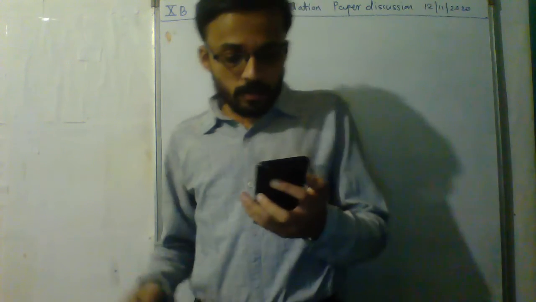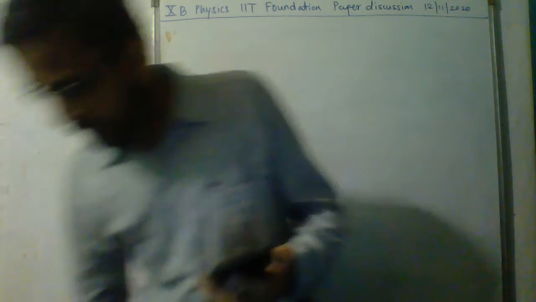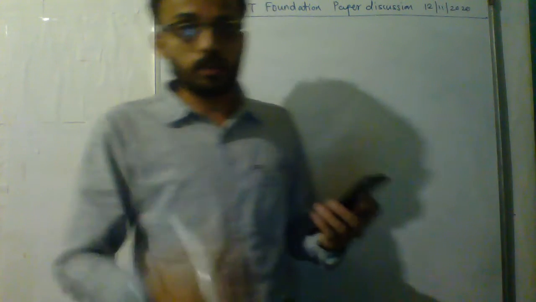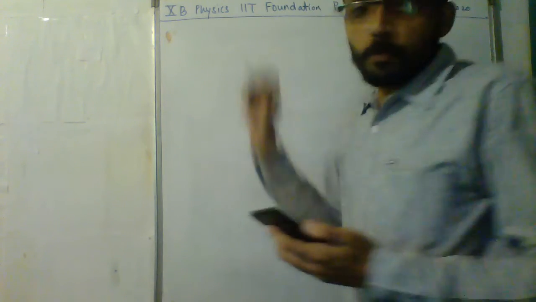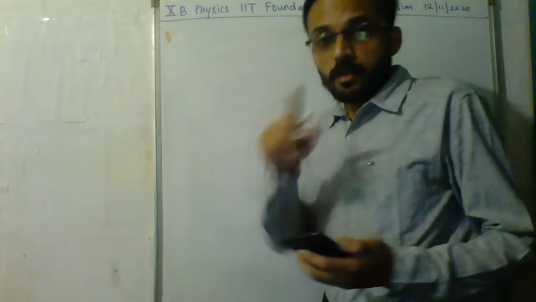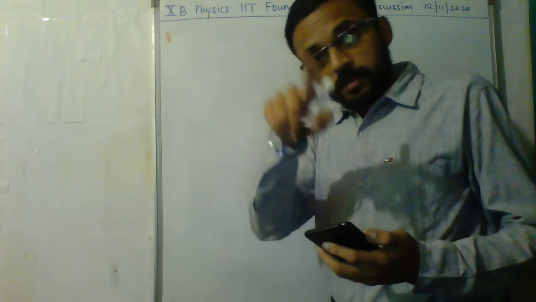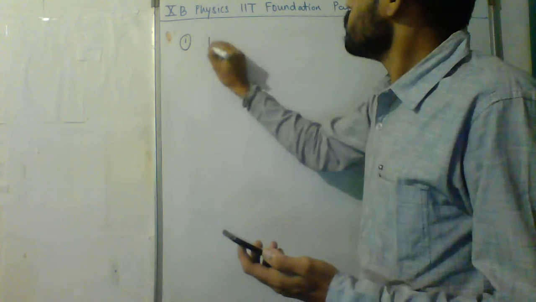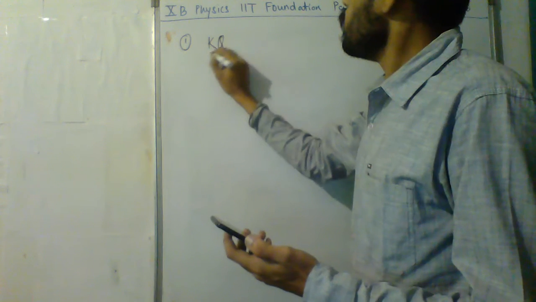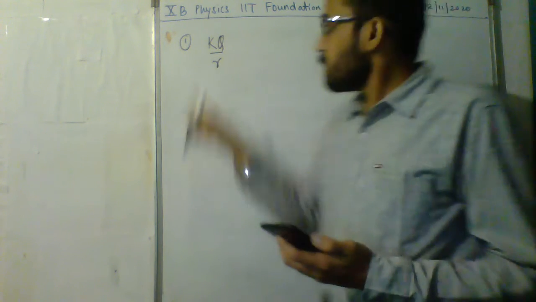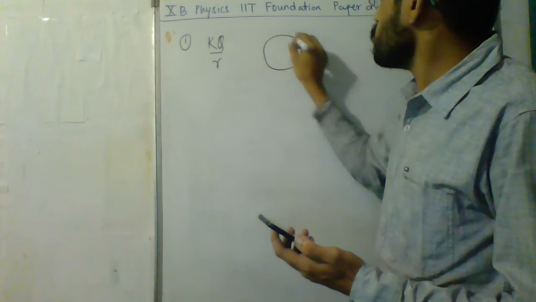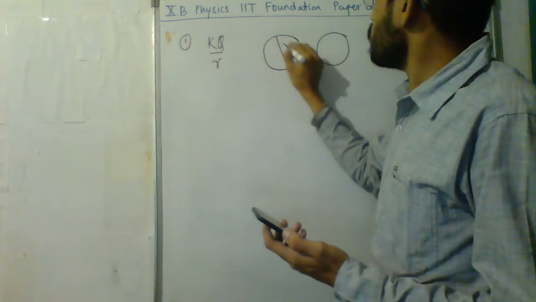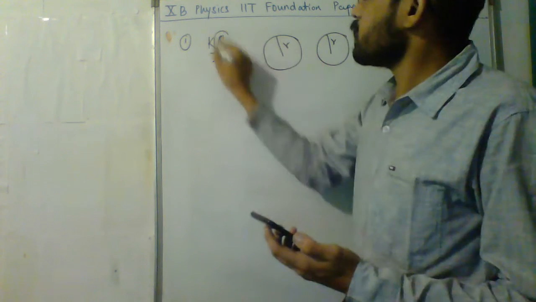In problem number 1, there are two identical spheres. They are asking about some charges present on the spheres and what the potential will be. For the potential we use Coulomb's law, the same concept I told you now. Only the formula will be KQ upon R. But here R will be the same because the two spheres are the same, so the radius R will be the same. Now it will depend on the charge.